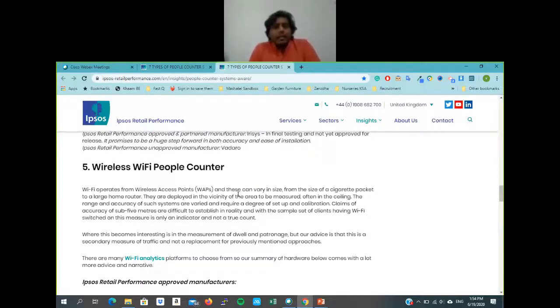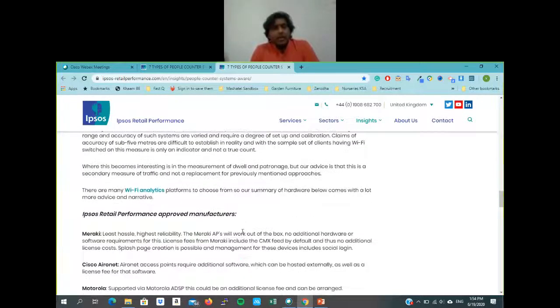What they have done is basically they've installed RFID cards on the shopping baskets, and I think they have also installed integrating with their Wi-Fi routers, and based on that, they are able to sense and count the number of people entering from premises A to premises B, and so on. So even this technology has been there in the market for a while now, and it's really getting popular day